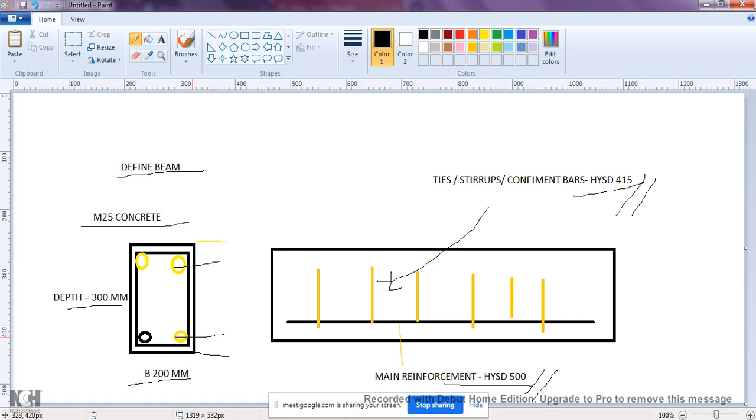Okay. So if you take this diagram, first there is a cover here. That cover is generally 25 mm.